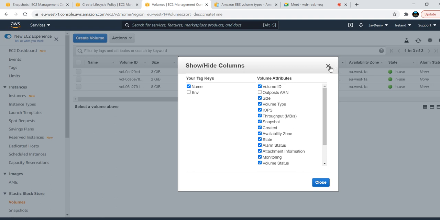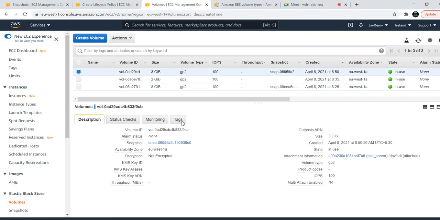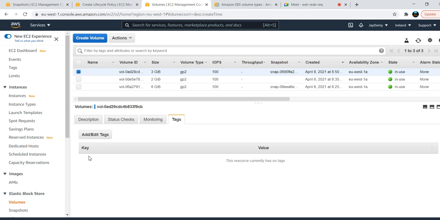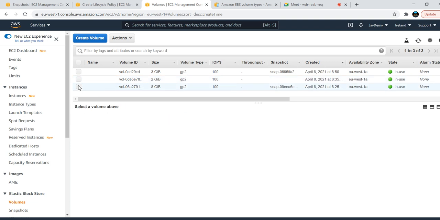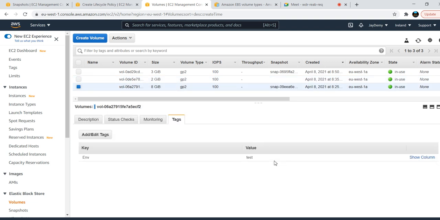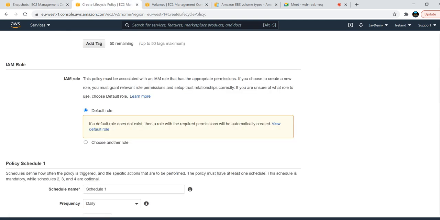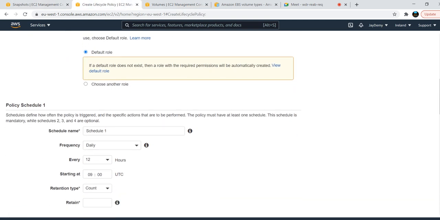If you see the tags here, for this volume I don't have any tag. For this volume also I don't have any tag, but I have tags for only this volume. So if the tag matches, environment test, then it will take a backup of this volume at the defined timeline.